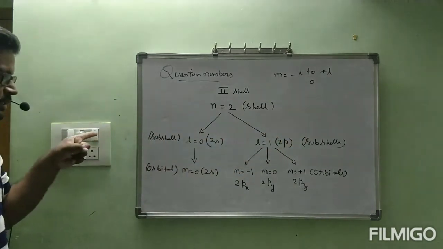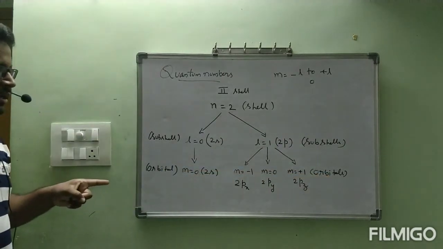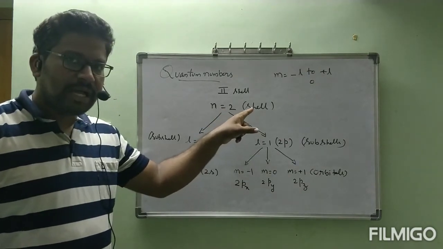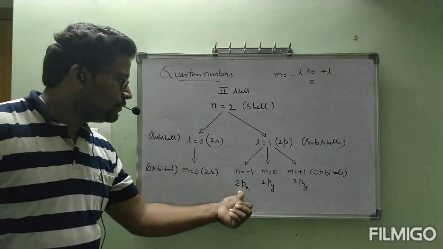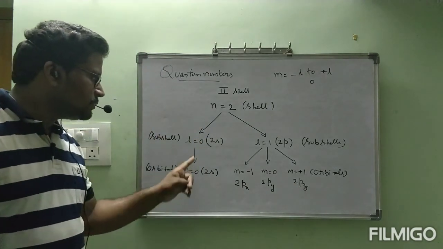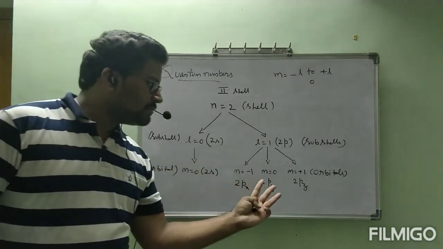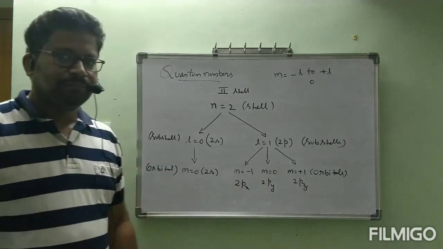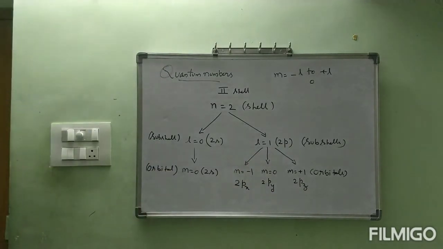So these are all subshells, these are all orbitals. Now finally my question is, the n is equal to 2 shell, that is the second shell, has how many orbitals? 1, 2, 3, 4 orbitals. Totally 4 orbitals. One orbital belongs to 2s, 3 orbitals belong to 2p. Those are 2px, 2py, 2pz. Observe towards the board carefully, all of you. By seeing the third shell, you will get more clarity.